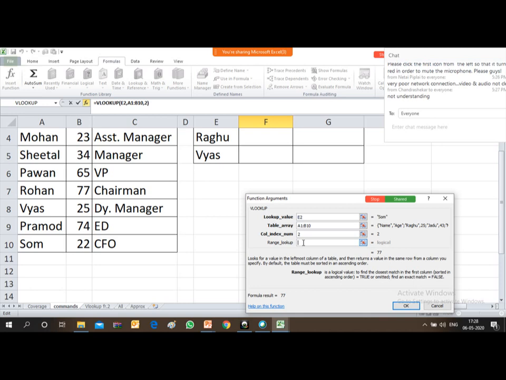Logically, you have to tell the system whether this lookup value should be matched exactly or approximately. If you put 0, it will search for the exact value. If you put 1, it will search for an approximate value.